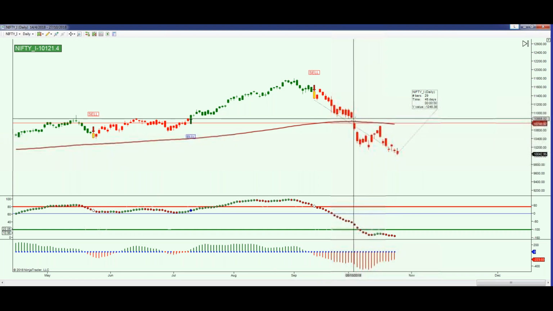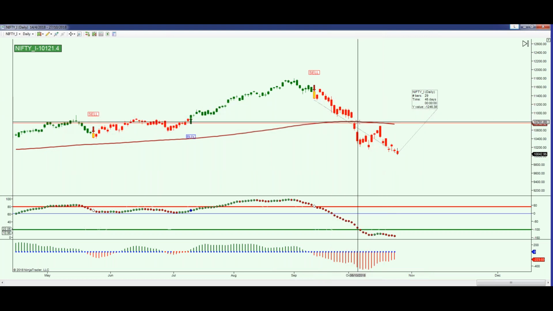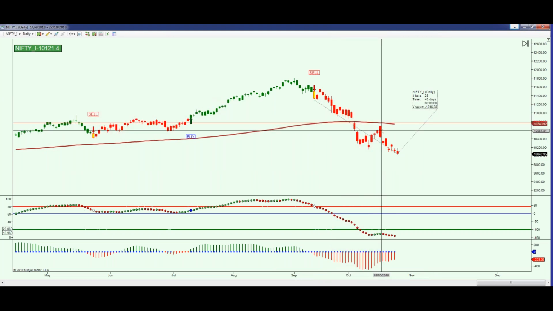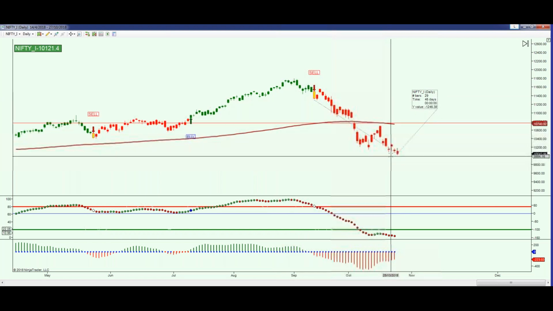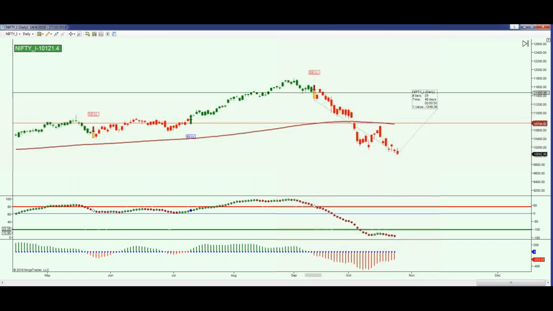Now in this, there are many days when there was a 100 points gap up open, 100 points gap down open. You could never predict how the market would go finally. So if you see here, there is a gap down, a gap down, a gap up, a gap down, a gap up. So overall, you are not affected by your trades.